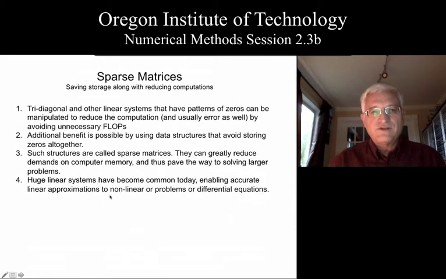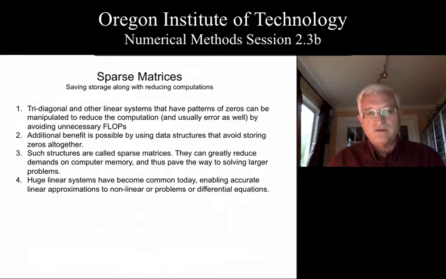But there are other matrices that we've already discussed that are not dense. The tridiagonal matrix is one that we will continue to return to, particularly at the end of the course when we study differential equations. There are other linear systems that have patterns of zeros that we could take advantage of as well, and all of those fall into a category called sparse matrices. Now, it's possible to have zeros randomly scattered throughout a matrix, and they'll still be considered sparse, but we're going to get additional benefit if we can get a pattern to that sparsity, such as our tridiagonal system.